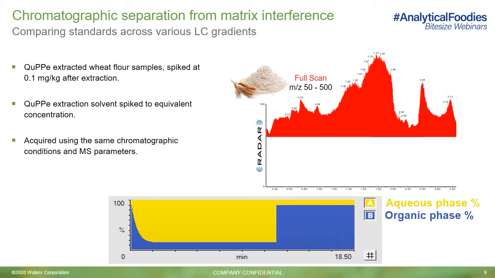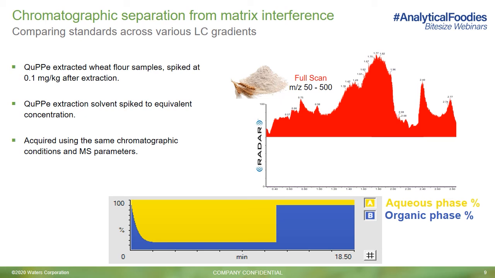Taking anionic polar pesticides as an example, AMPA, which is a metabolite of glyphosate, is renowned for experiencing 80 to 100% ion suppression in the acidified methanol-based extraction solution used in the QuPPe method. This is due to the highly polar nature and similar physicochemical characteristics with many naturally occurring components in food, such as organic acid. This, of course, limits the sample cleanup options available without impacting analyte loss.